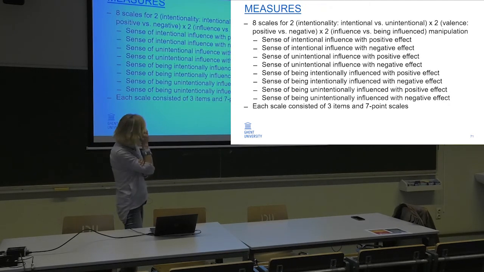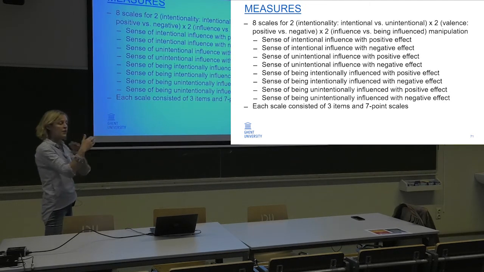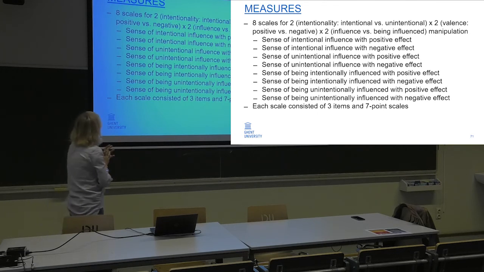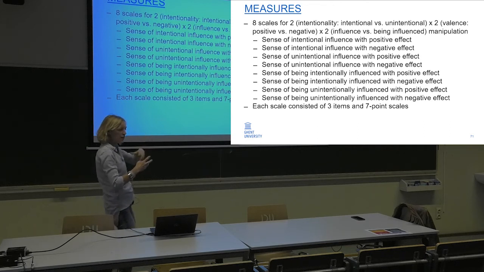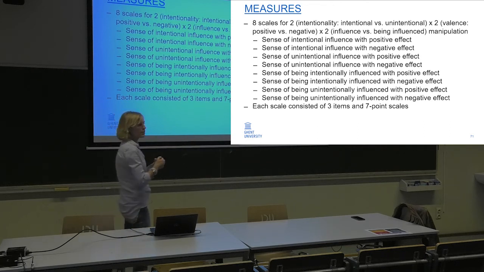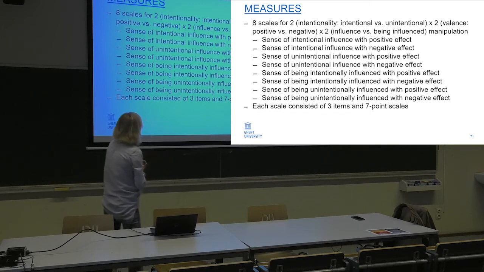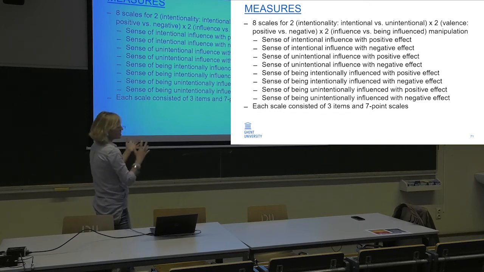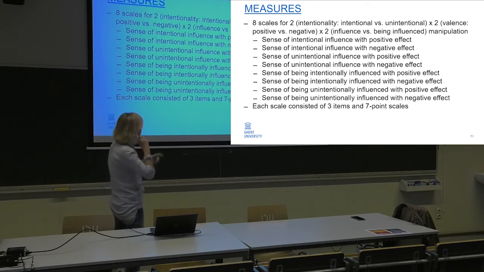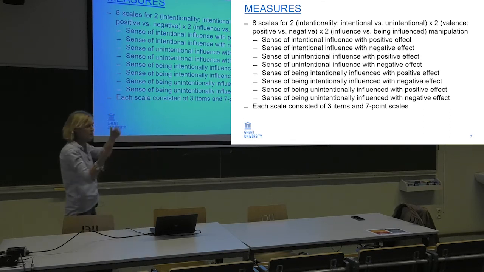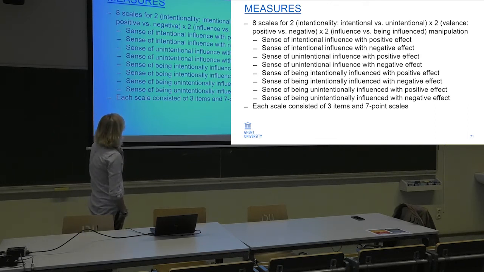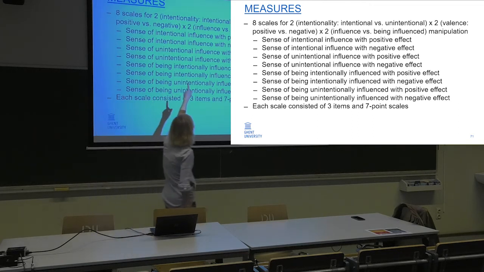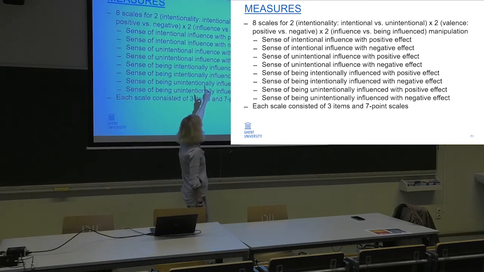So we used this measure of influence, and it was like a 2 by 2 by 2. So intentionality, I already explained. If I want to, I can make my mother cry, for instance, or I can make my partner cry. This intentional versus unintentional, it happens. Then the balance, positive, negative, cry, proud, or happy and sad, or things like that. And then this was a complication that we added, but we never added afterwards. It's influence and being influenced, yeah.